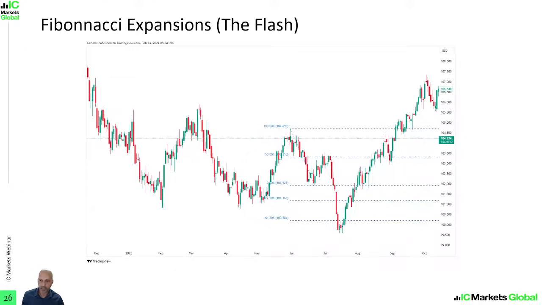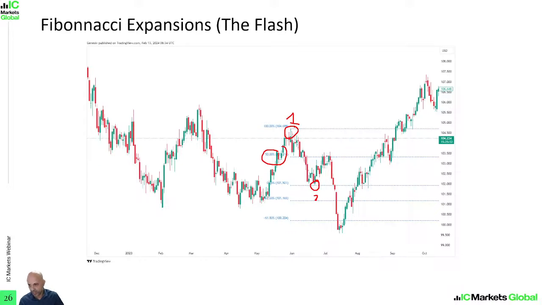Now, okay, so I've tried to find examples on TradingView. So once again, I'm using the dollar index chart. I'm on the daily time frame. So in this case here, I've started my retracement from point 1, which is this high over here. I've ended my retracement at point 2, so top left to bottom right, and we can see price has also retraced up to the 50% retracement.